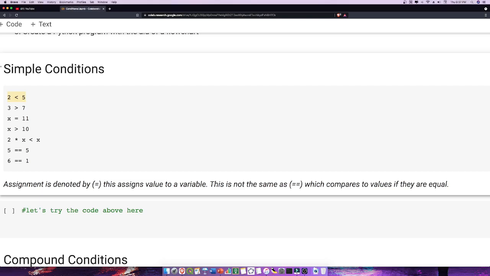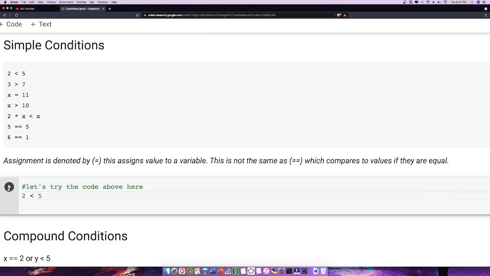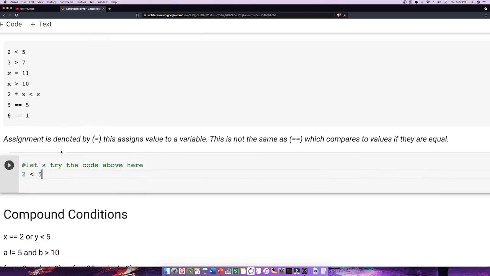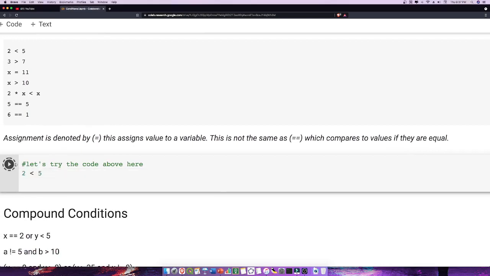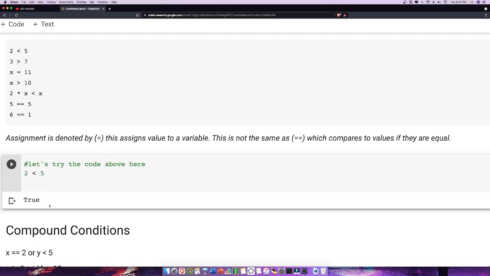Let's try the first statement. So I will type here, 2 is less than 5. Now if I run the code, it will return a Boolean type result, like for example, is 2 less than 5? It will take some time because this is the first time that we will run the code, especially after loading Google Colab. Okay, that's it. 2 is less than 5, which is true, of course. That is why it returns a Boolean